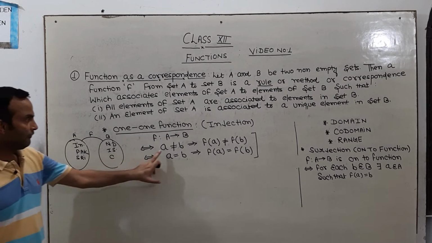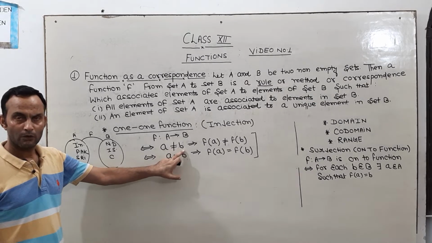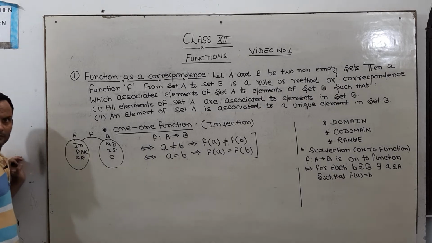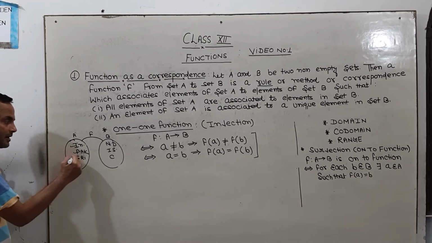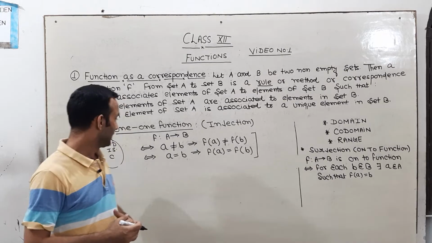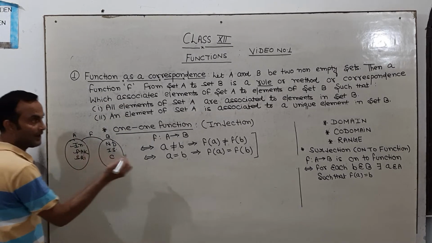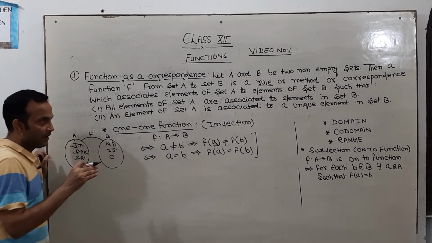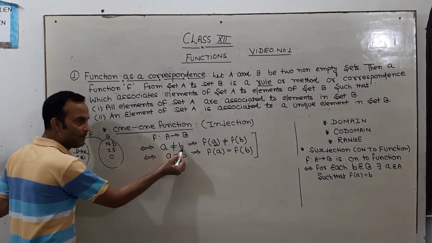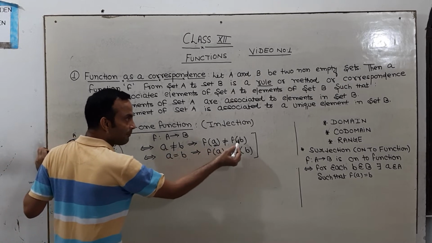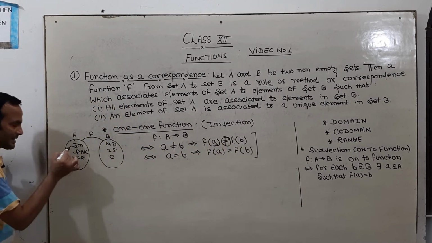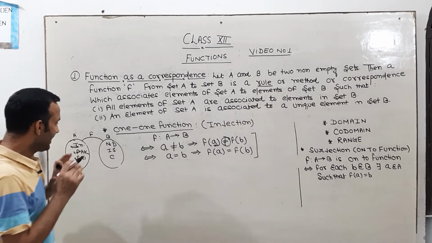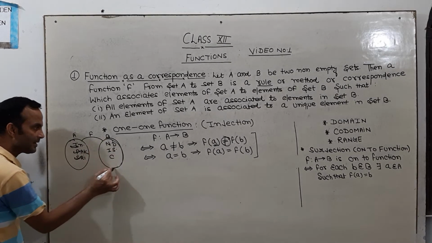Now see, if A is not equal to B, meaning if the elements are not the same, as given here, India, Pakistan, Sri Lanka, different countries, then their images will also be different. What does f(A) mean? Image of the element A. If A and B are not same elements, then image of A and image of B are not equal. You can see here, India, Pakistan, Sri Lanka, all are different elements. That's why they possess different images in B.